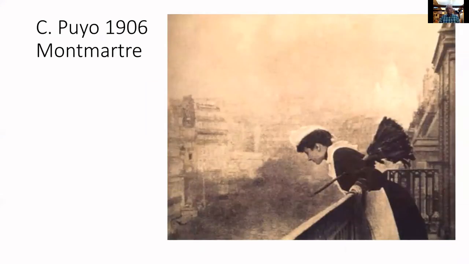This is a photographer I don't know anything about, Puyo, but I do just love this image. This is one that he had in the show of Sacré-Cœur up here. You could just barely see it as this maid is looking out over the park or the street below from one of these fancy apartments leading up to Montmartre. But I just love that image.